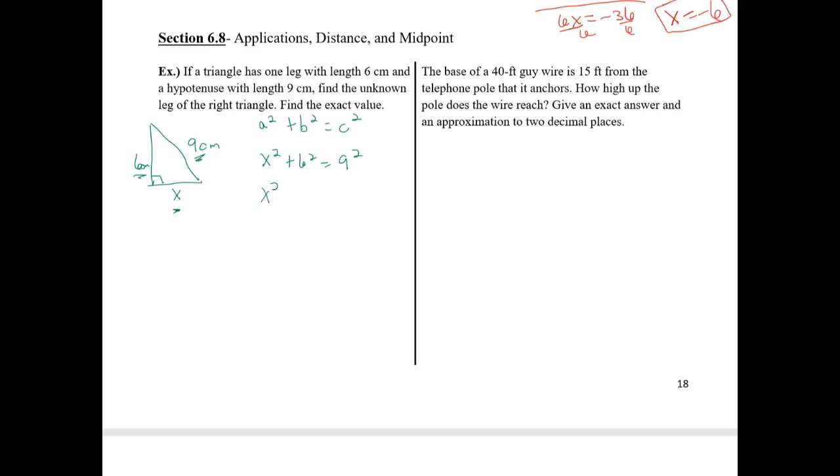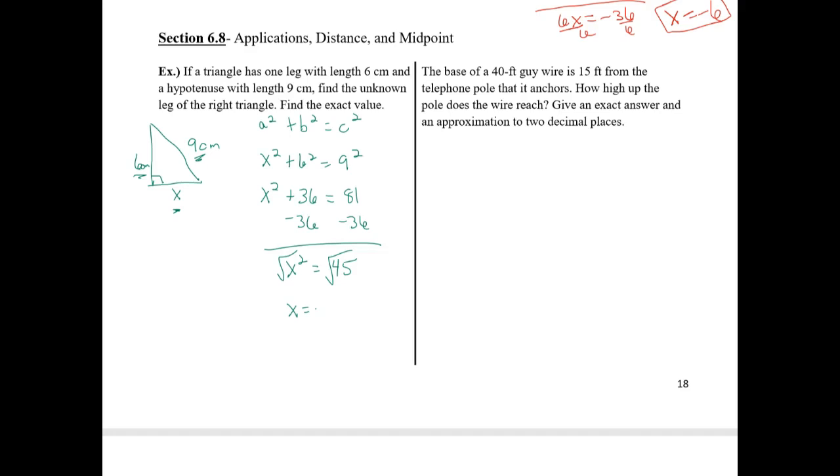Alright, let's simplify what we have. 6 squared is 36. 9 squared is 81. I want to get x alone, so I subtract 36 from both sides. And 81 minus 36 is 45. And lastly, I can undo that square with a square root. So I square root both sides of that equation, and I get x equals the square root of 45, which